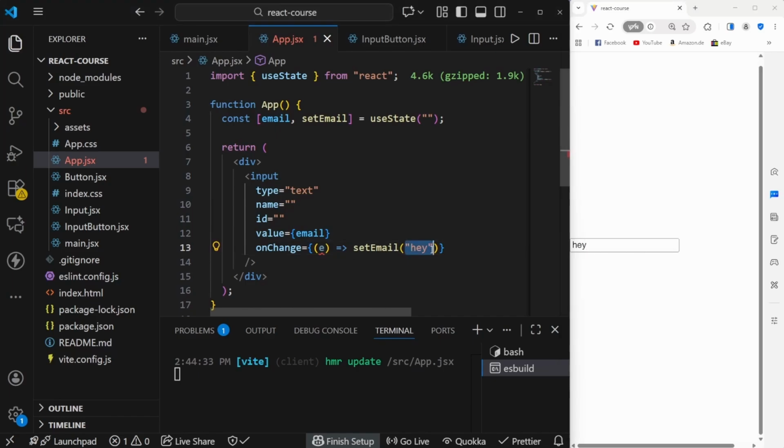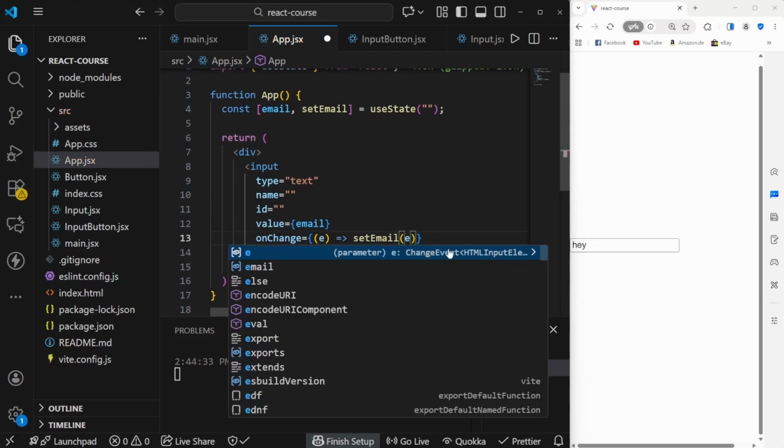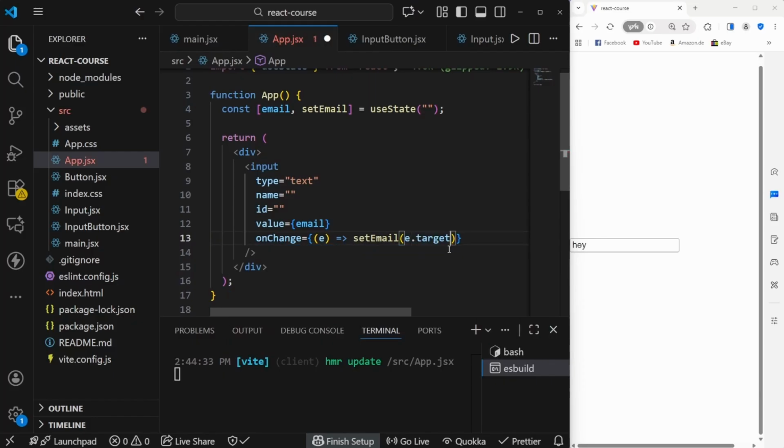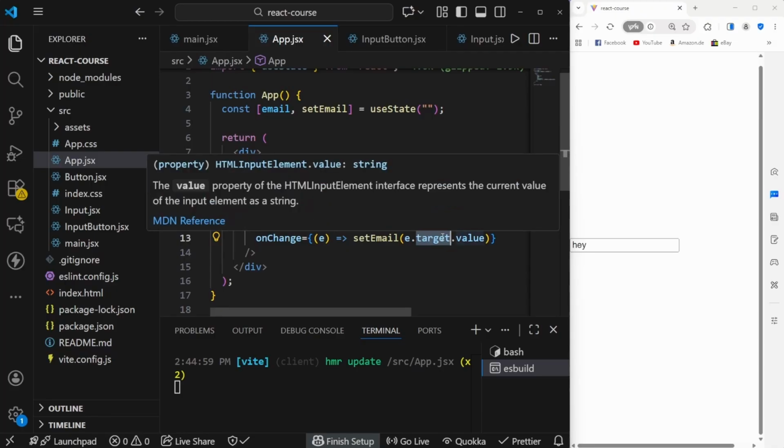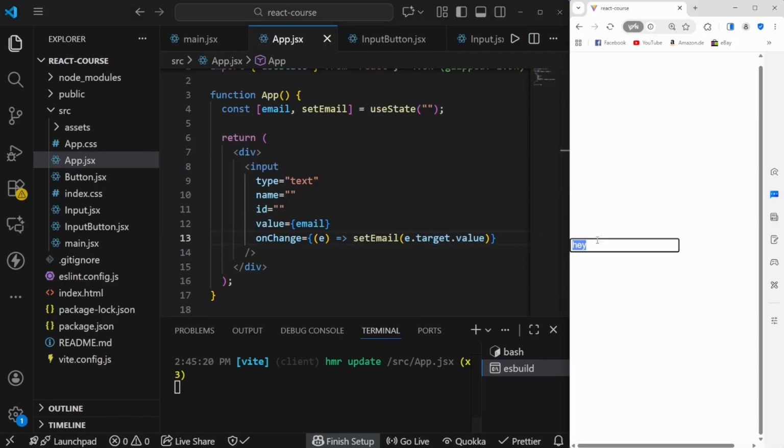But we can fix that problem by saying that we want to set our email to our e. This is going to be an event, dot target dot value. So this is just something that you have to remember. e is an object that holds the target property, that holds another object, the target object to be precise, and that target object has the value property. Let me save that one, and now we can just type some text in, and as you can see now